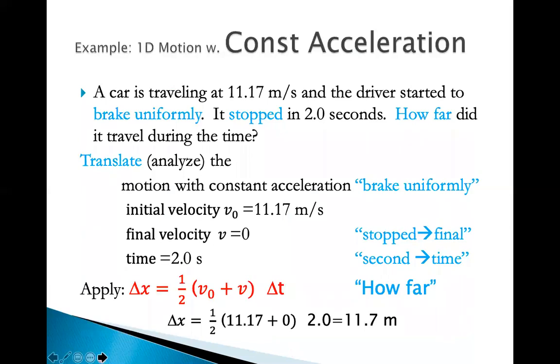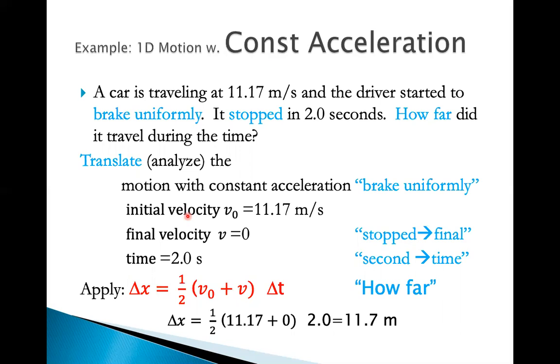I'm going to use three different problems to demonstrate problem-solving strategies. Number one, one-dimensional motion with a constant acceleration. A car is traveling at 11.17 meters per second. So that's the initial velocity, v0 equals 11.17 meters per second. How do I know it's velocity? Because meters per second represent the property velocity, so that can only be velocity. How do I know it's initial? Well, to be honest, I've read this problem 100 times, so I know. When you see a problem the first time, you may not know it's initial velocity. What you do is you read,